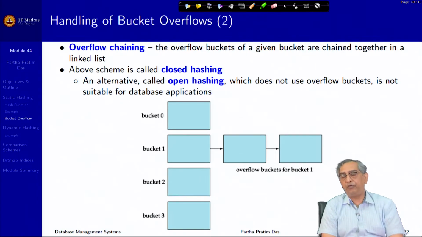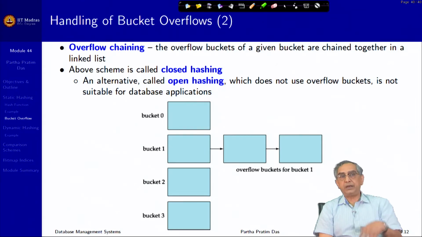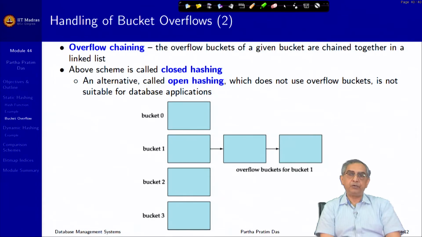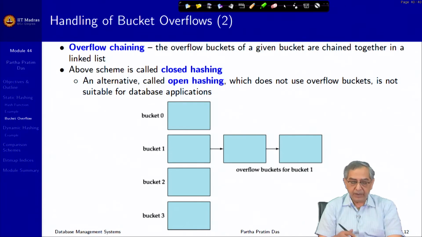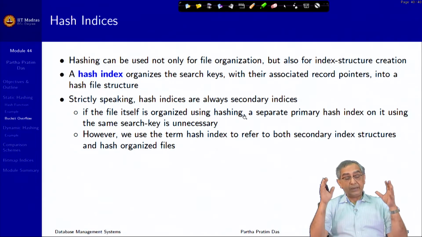So, overflow handling is a problem in this scheme, which is otherwise called a closed hashing scheme. There are alternates to that, but they are not suitable for database applications. So, these hash indices,